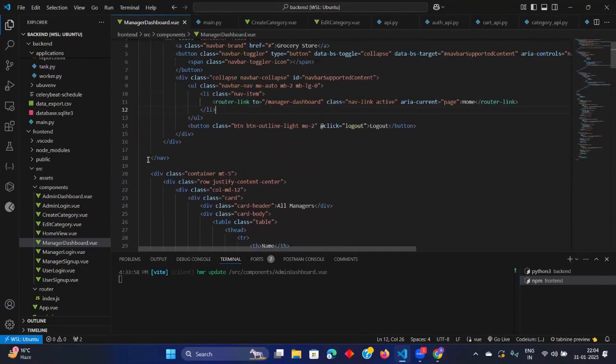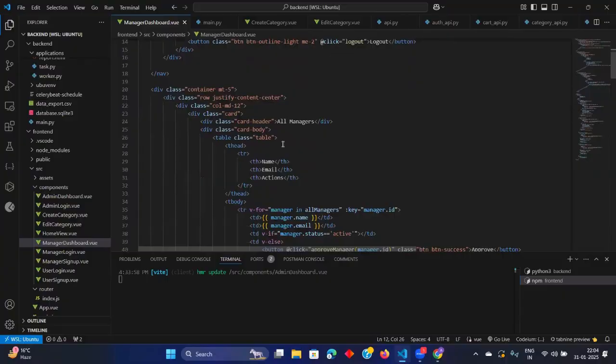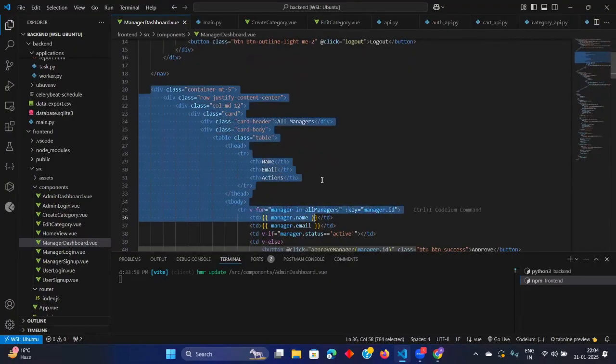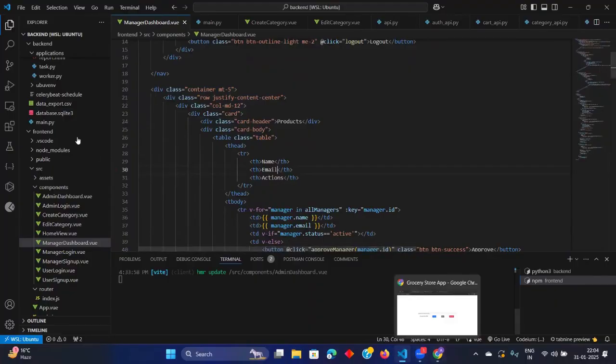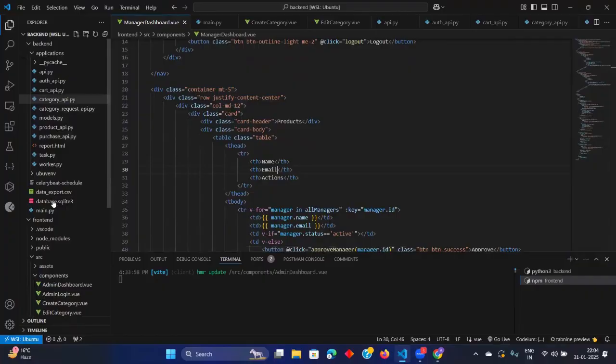Okay. Now on the product manager dashboard, we are not going to show all the managers, right? So instead of this managers, let us show all the products. Okay. So product name, product has something also. What other things does a product have?